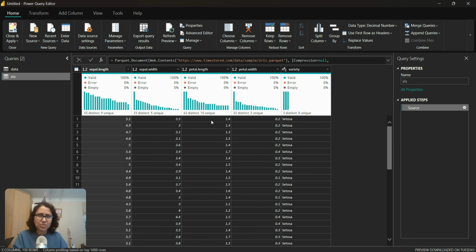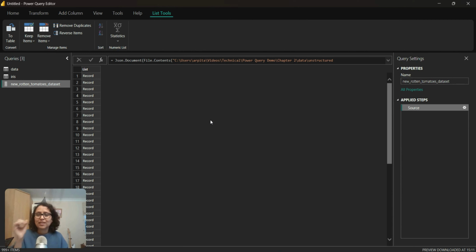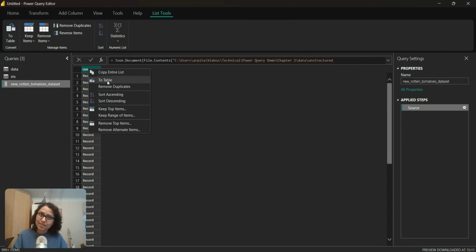It has a huge data set. Okay, now here is the twist. Obviously, you are thinking, okay, I'm importing this JSON file, but I have this list and record. I cannot see anything. How can you see that? Just click on this, select this list, right click to table,